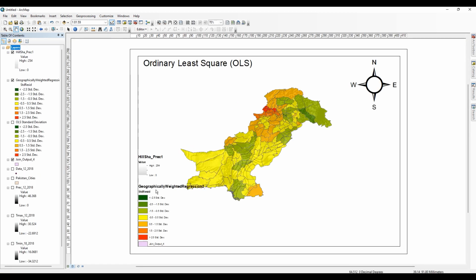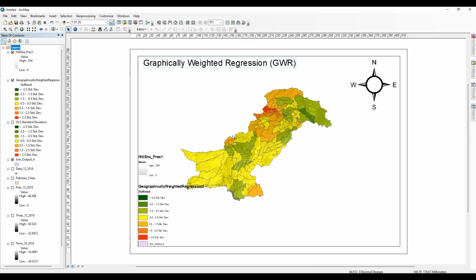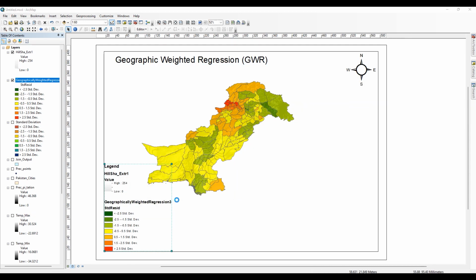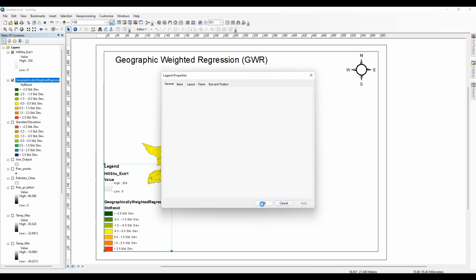Now go to the layout view. Change its title from the properties. Set the legend by going to the properties and click on apply.